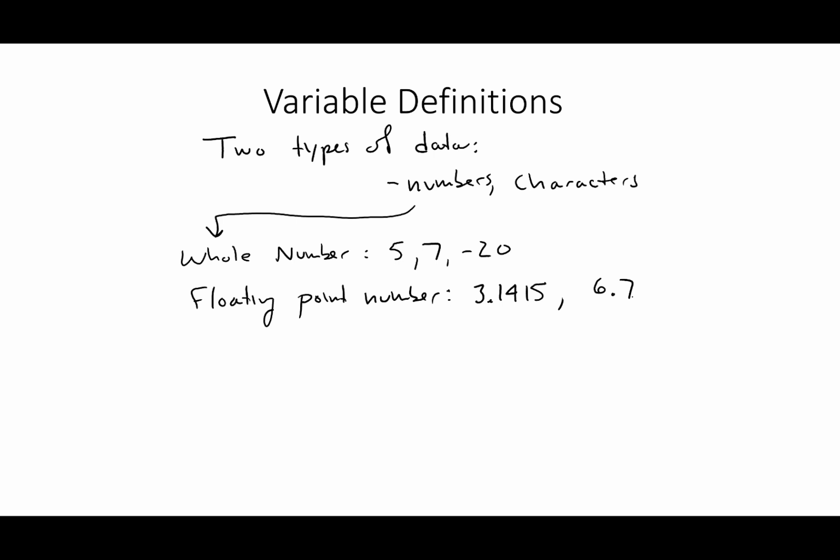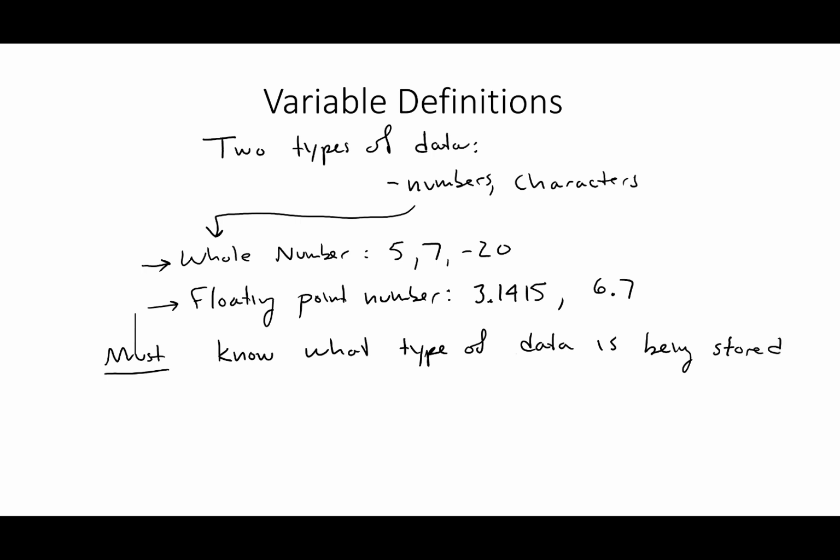This goes back to why we spent time talking about binary and how these numbers are represented in memory, because it helps us figure out, for instance, if we have a floating point number, we know how that's stored in memory. If we have a whole number, we know how that's stored in memory. This is important for C++ because in C++ you have to know what type of data is being stored when you create a variable. So I'm just going to say that you must know what type of data is being stored to create a variable